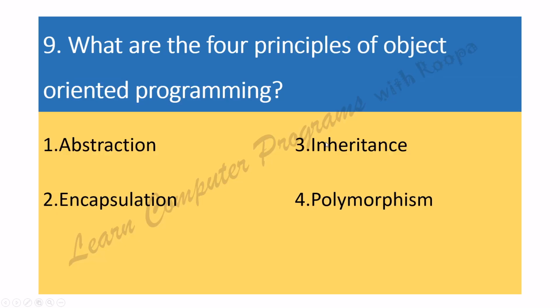What are the 4 principles of object-oriented programming? This is also a frequently asked question. These are the important principles which have to be written. Other principles like objects and classes are given in some textbooks, but I would suggest that you read these 4 correctly and write them first. This is what the examiners look out for when they are correcting. Abstraction, encapsulation, inheritance and polymorphism.